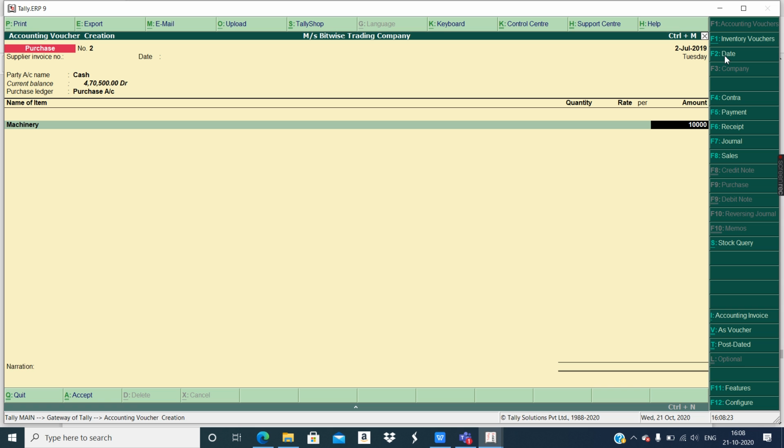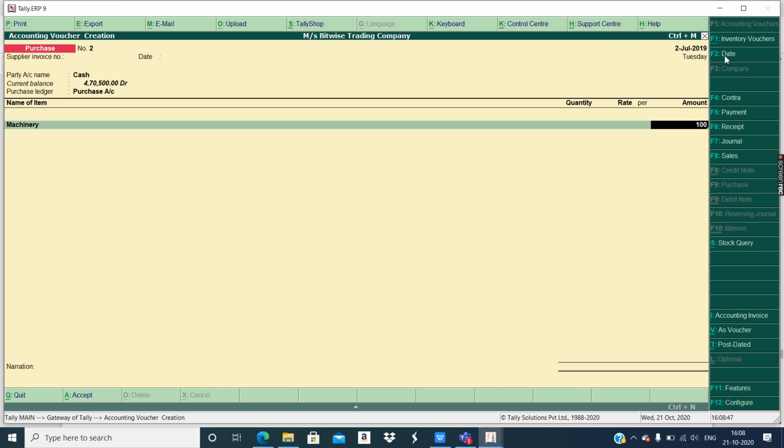But if you are going to follow cash with machinery, then in name of the item you have to create an item called machinery for the company with a little bit different stock item name, and the entry can also be done in that manner. Let's try that also.